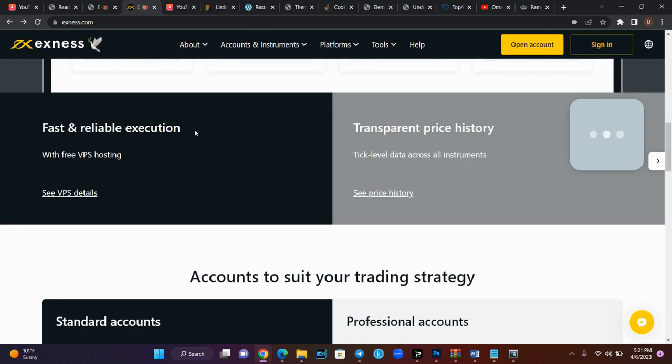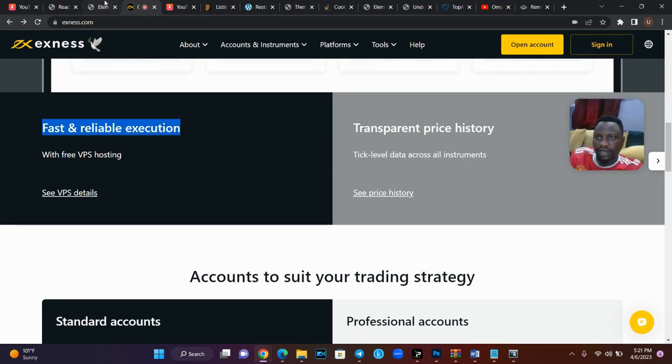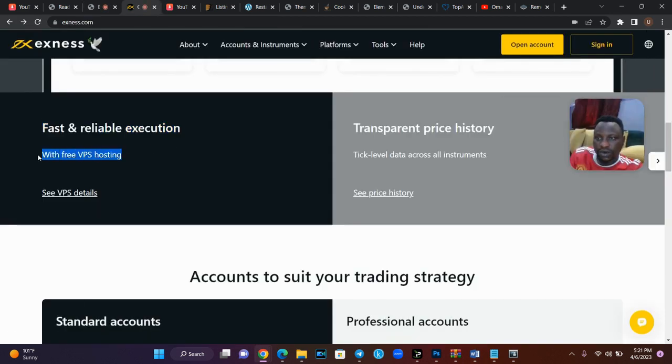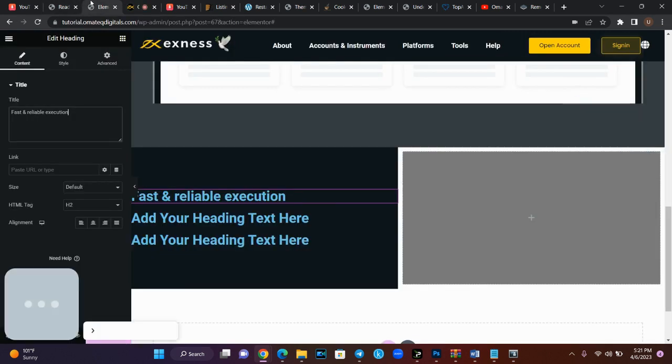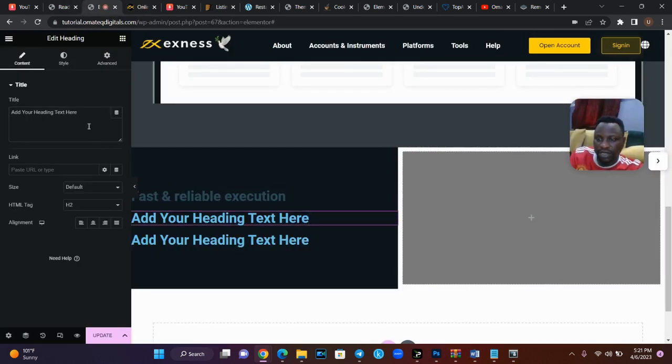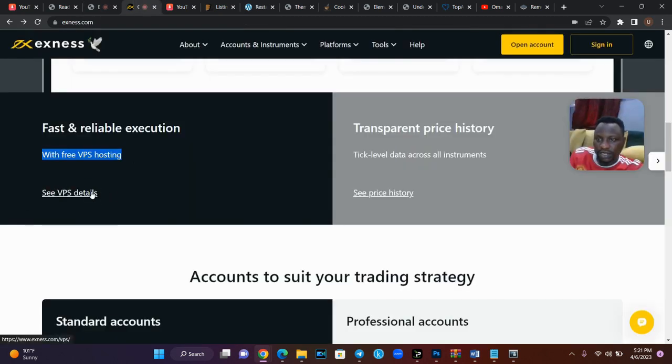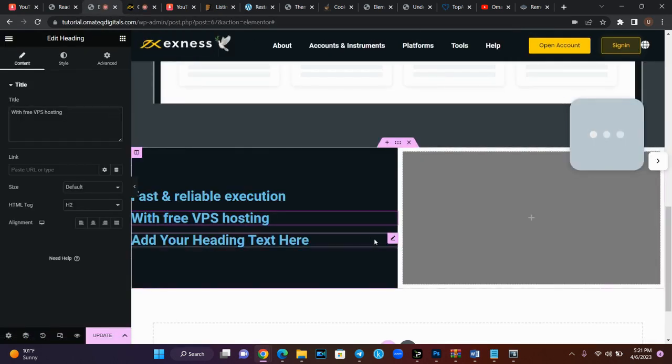So I'll come here and pick this text, go to the first one, make it like this, then go to the second one, drop it like this, and go to the third one. I think this is test, so let's delete this